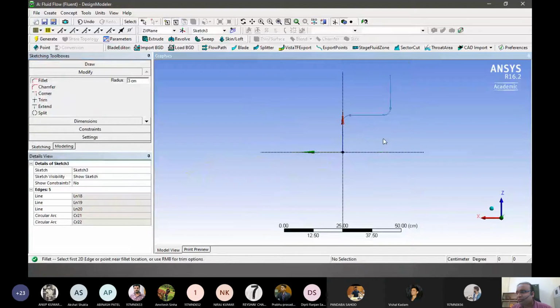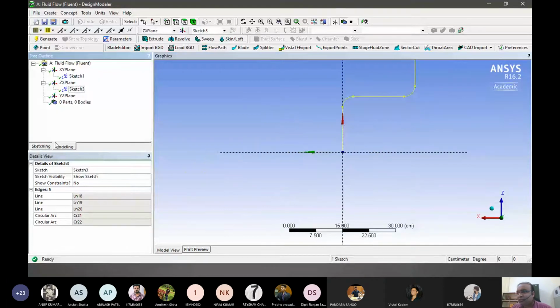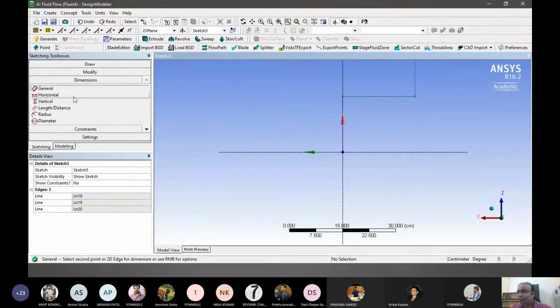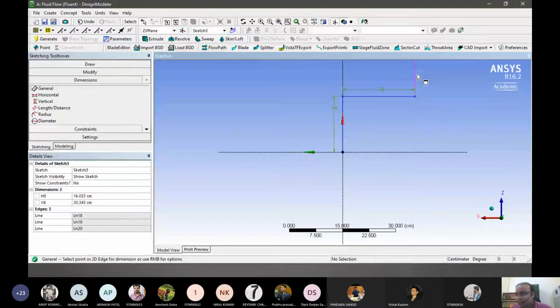And the bad thing is we didn't dimension it, so we have to dimension it. It should have been done before. Right. And these are 50, and then 50, then 50.